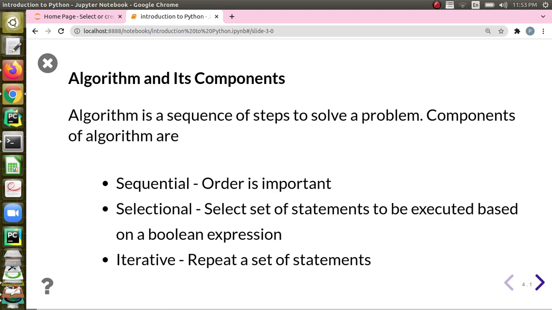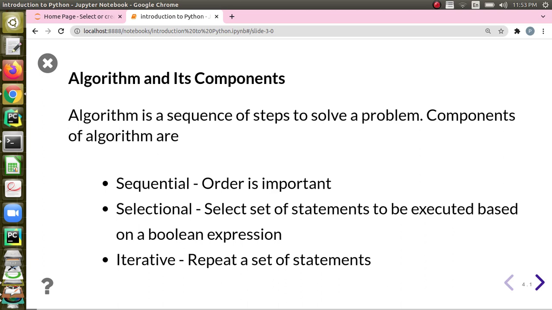And the other part is selectional. When you have got some conditions, and based on the condition, you are going to do either one way or the other way. For example, when you have to reach the college, if you are getting ready early, you will go by the college bus. If you are getting ready before 7 o'clock, then you can go to the bus stop and catch the bus. Otherwise, you may have to take your two-wheeler or something.